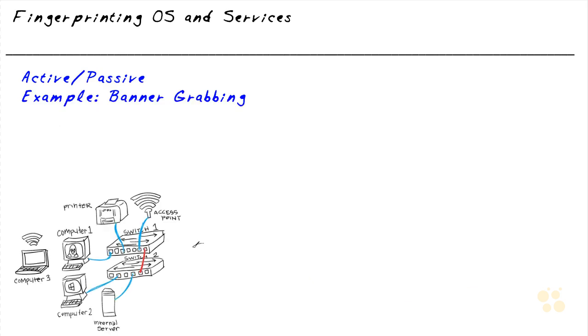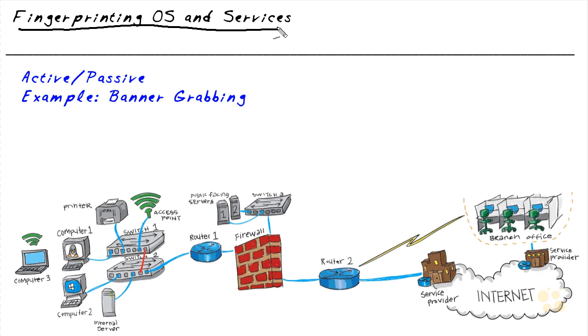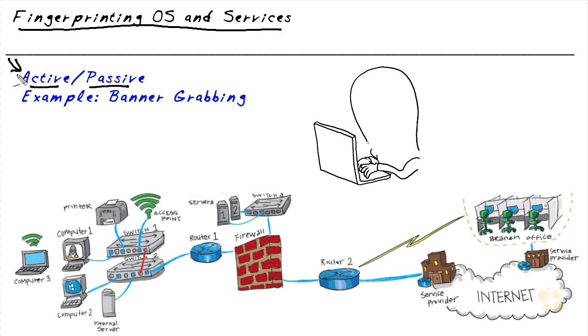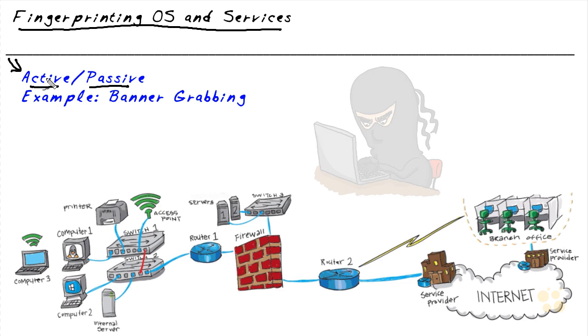When we boil it down, there's two basic categories that we have when we're doing fingerprinting of an operating system and or the services that are running, and they are active or passive. With active fingerprinting, the attacker is directly sending stuff in to the victim and seeing how that victim responds. And that could include normal, for example, three-way handshakes to see what the responses come back like, or perhaps specially crafted packets using hacking tools. So based on even a little nuance on how a specific type of system's protocol stack responds,